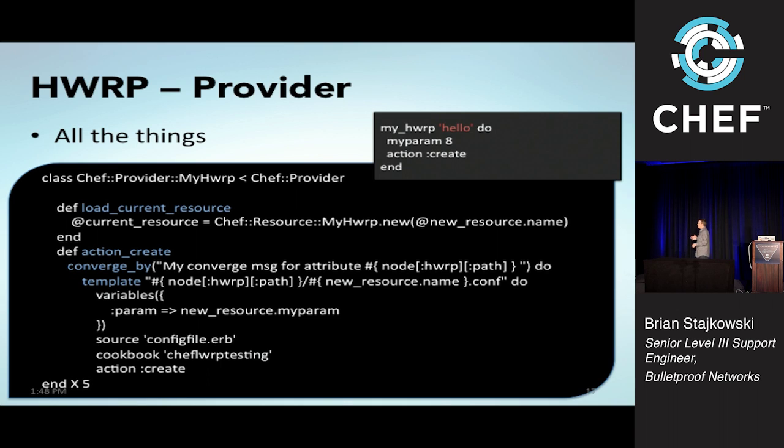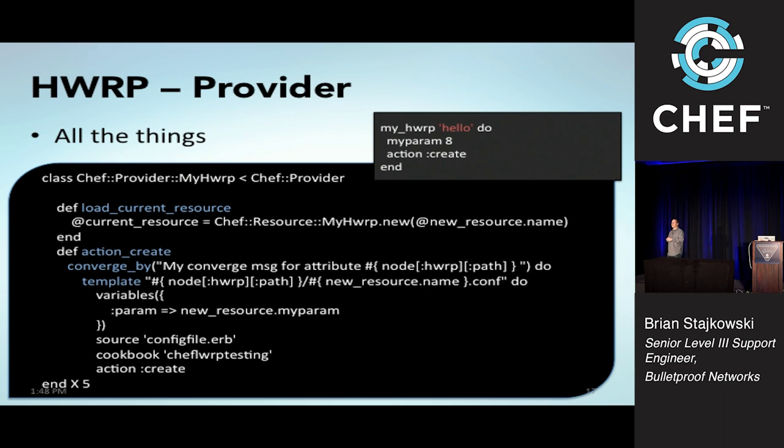So here's an actual, I'm not going to show you the resource file. I would go out and download it. What I want to show you is a provider file. So here I'm inheriting from Chef Provider, and I'm calling it my HWRP. And my HWRP is not the name of my cookbook. The name of my cookbook is ChefConf. This is available on my GitHub account, ChefConf. Go ahead and download it. Everything that I show you here works, and it actually is available to everyone. So it's the same thing, load current resource. I create an instance of my resource. But you'll notice here,